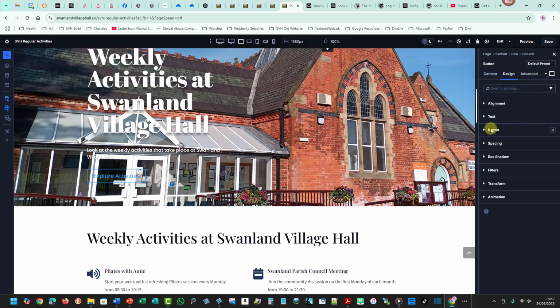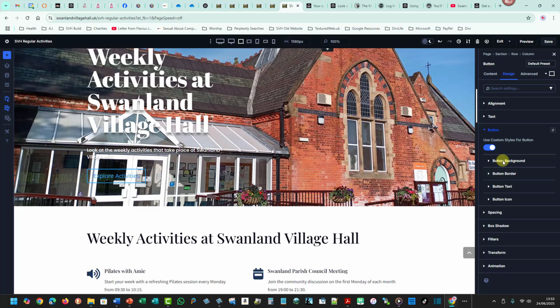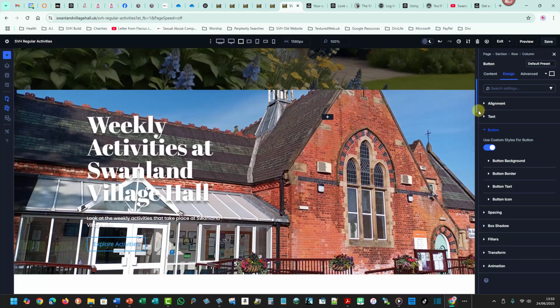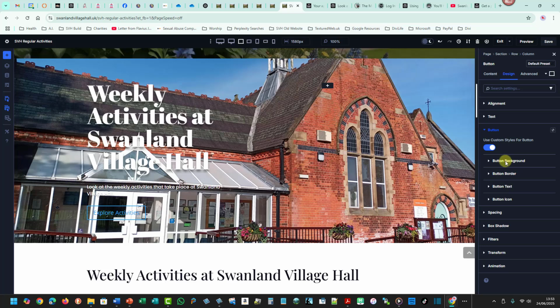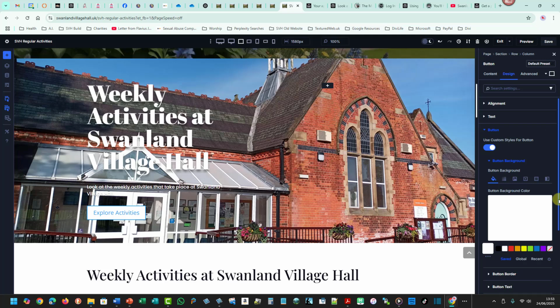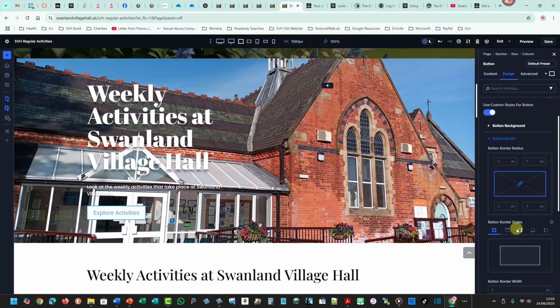and I'm going to go to button, and I'm going to use custom styles for button. As soon as I click on this option here, it's going to open up a whole series of extra menu options just here. So there we go. You've got a button background, you've got a button border. Now this one had a white background with a dark blue kind of text within it and small text. So I'm going to go to button background, and it works in exactly the same way. I'm going to add a white background to that button,